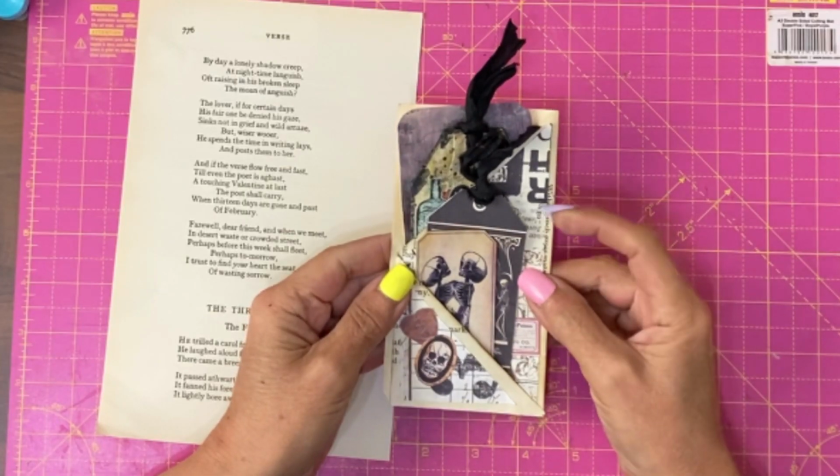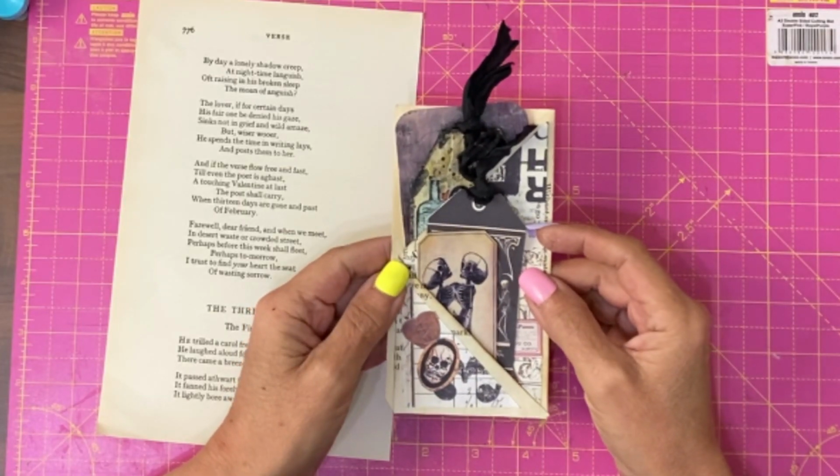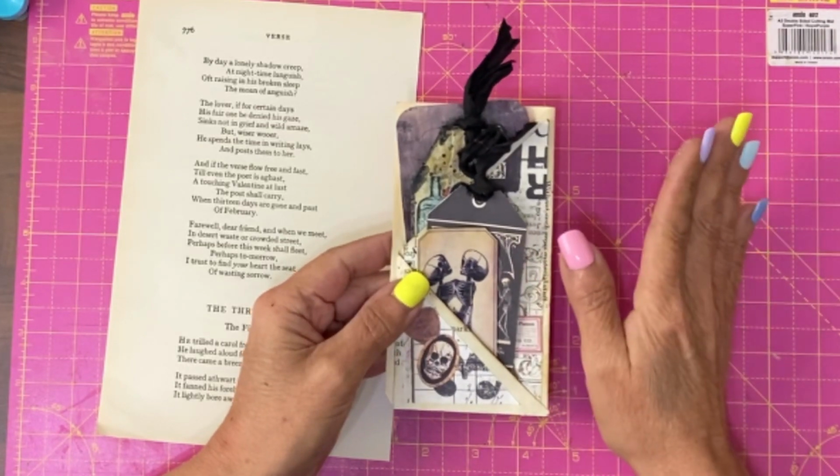Hi guys, it's Jamie here, and I'm going to show you a super quick, the quickest I've ever come across,